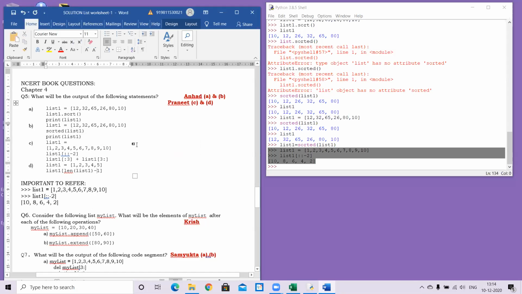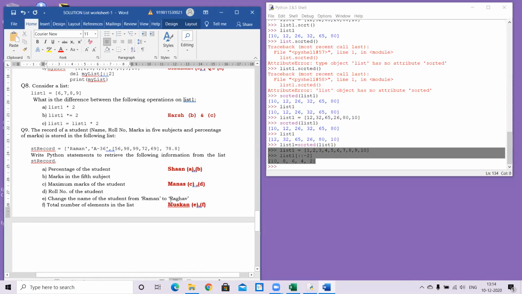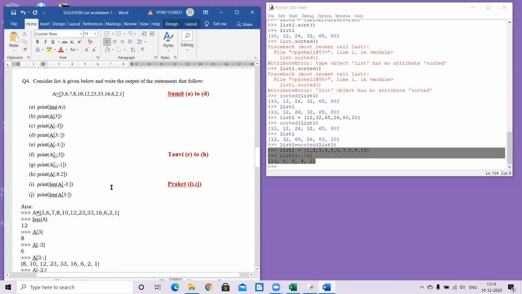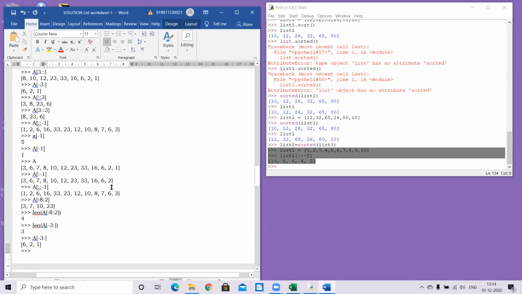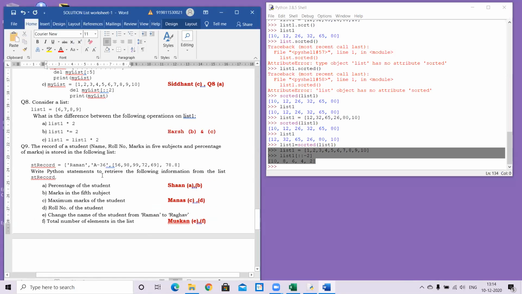Okay. So I will write in these answers after this and keep the file ready. Next class, Krish, Samyukta, Siddhant, Harsh, Shan, Manas and Muskan have to finish up with this. Others have done a great job. We've really learned a lot of small things. That is why I wanted everybody to participate, but unfortunately we couldn't have everyone. I hope they go through the recording and understand the things properly. I should actually thank Sumit for asking me to record. Thank you, Sumit.